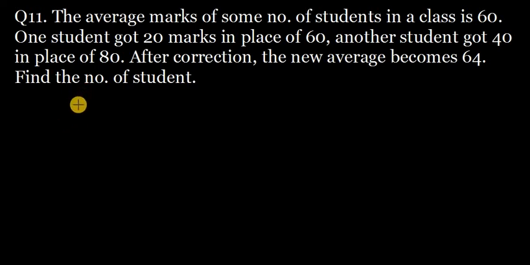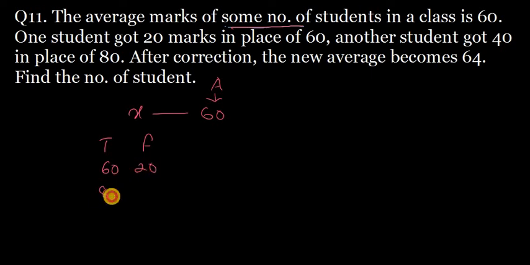Okay. The average marks of some number of students. Let's say x number of students got 60 average marks. This is the average. One student got 20 marks in place of 60, and another got 40 in place of 80. So the total difference is 40 plus 40, which is 80 marks. So after correction, the new average